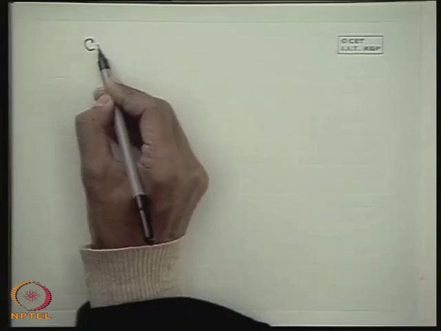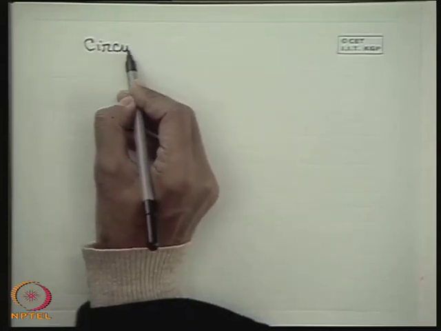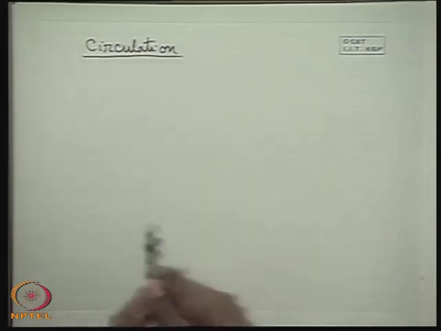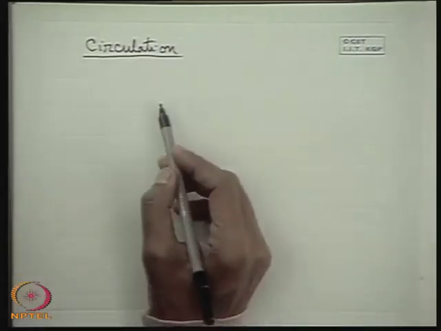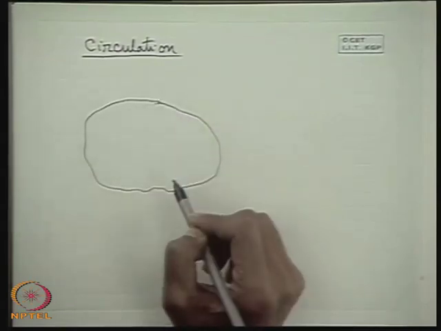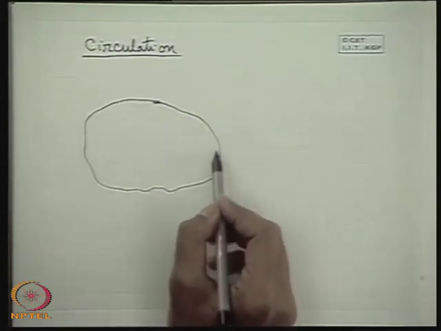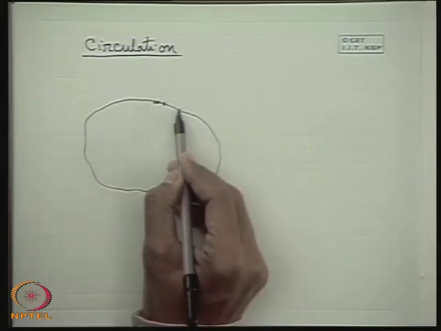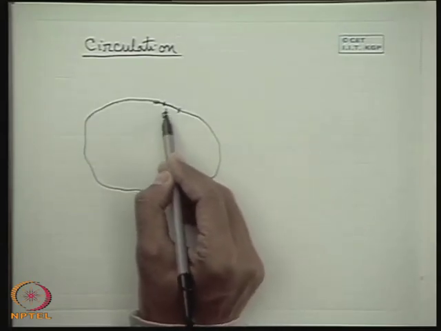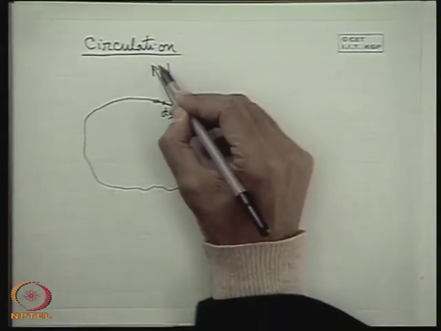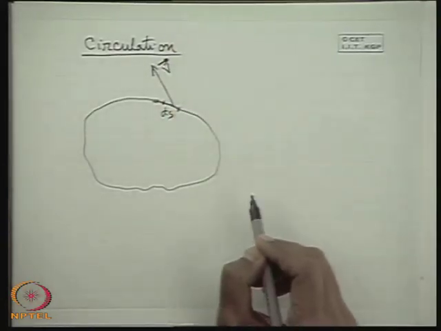Now we come to the concept of circulation. What is meant by circulation? Let us consider in a flow field a closed loop bounded by a closed contour. Now if we designate some small elemental length as ds, where the velocity vector is v bar, then the